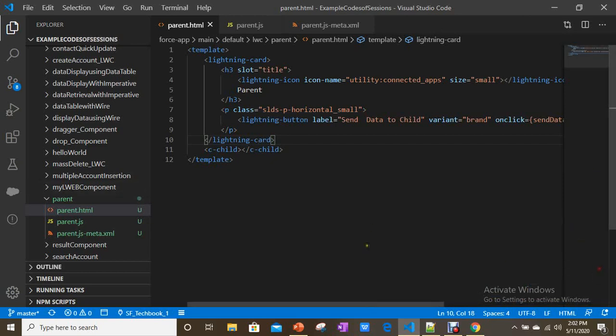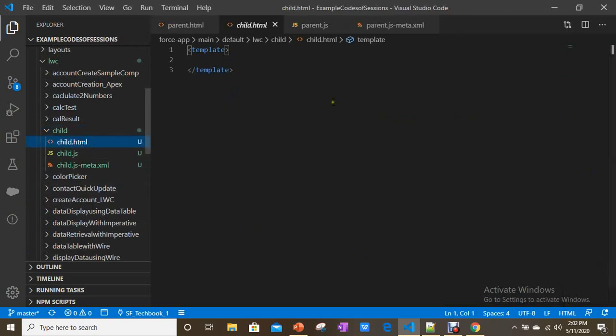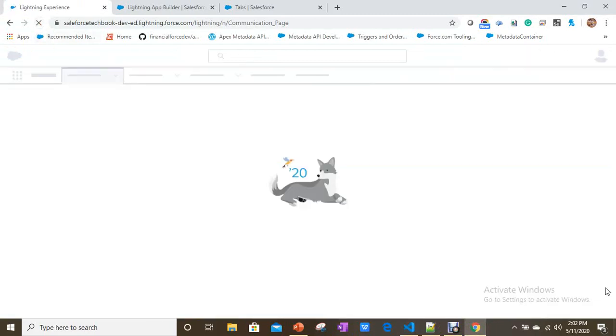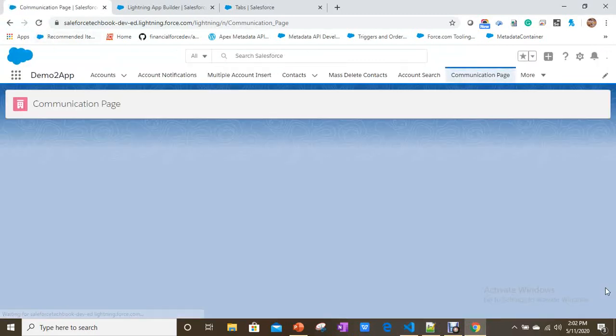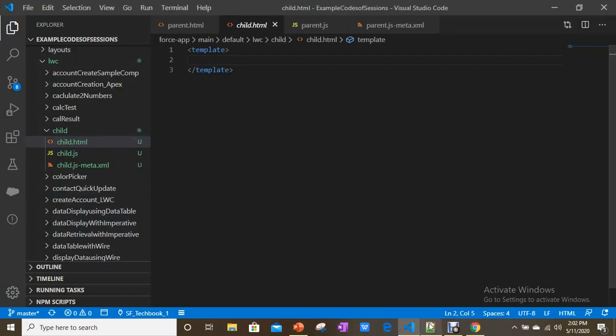Now let's go to this child component. Nothing is there, right? So if you refresh here also, nothing will be visible because no markup is added in the child component. So now let's add markup.